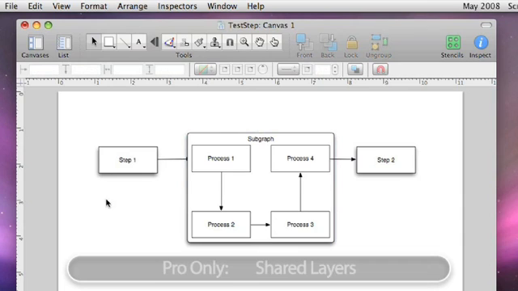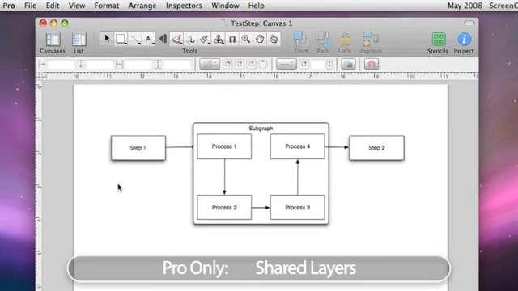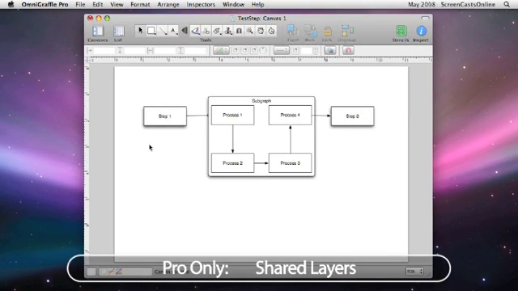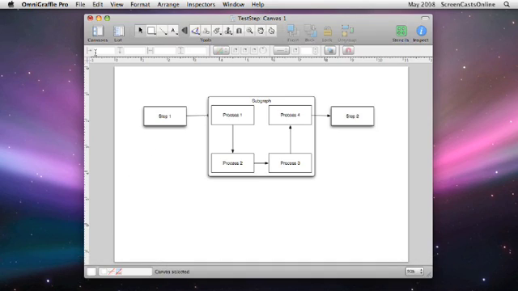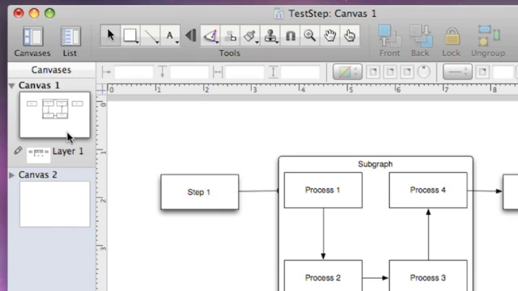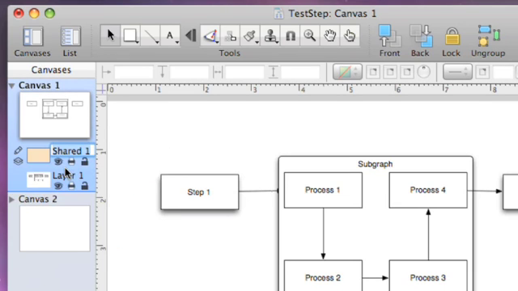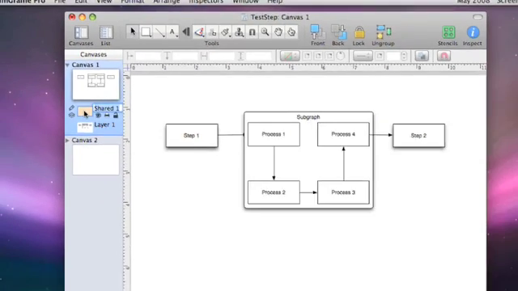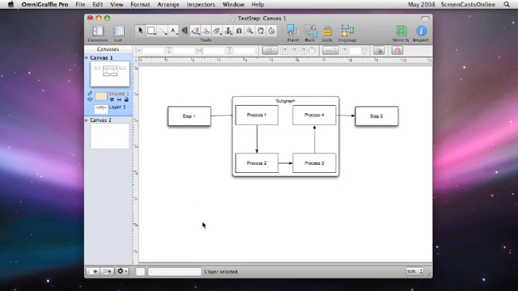Another option within OmniGraffle Pro is the ability to create shared layers. So if we go to canvases, you'll see that within this document there are 2 canvases and a single layer on the first canvas. If I now right click and say New Shared Layer, you'll see we get a new layer, but it's in a slightly distinctive color. If I click on there and then, let's say, enter a new rectangle,